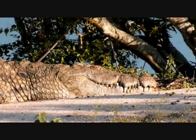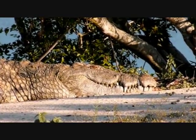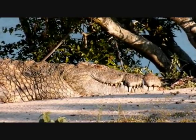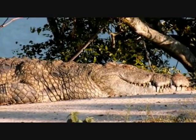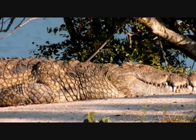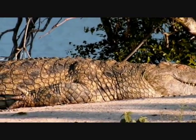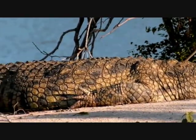Now, crocodiles are poikilothermic, which is a more exact term than ectothermic. Basically, they use their outside surroundings to warm and or cool themselves. So it's been chillier the past few days, as we know, with the drizzle and overcast. And now that this afternoon is nice and warm, not hot, but nice and warm, this crocodile has come out and is busy